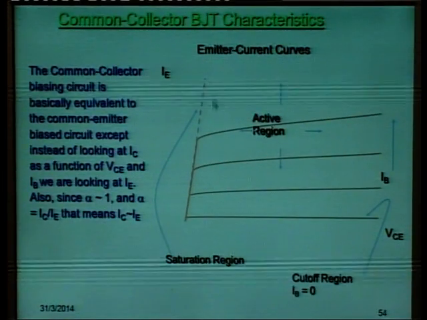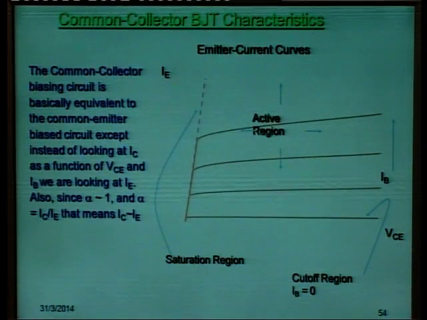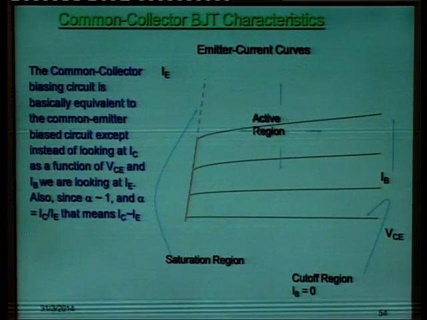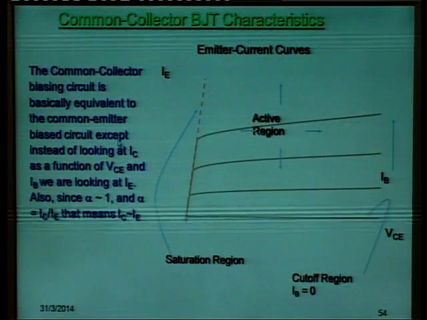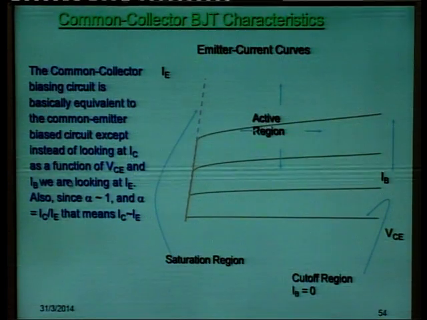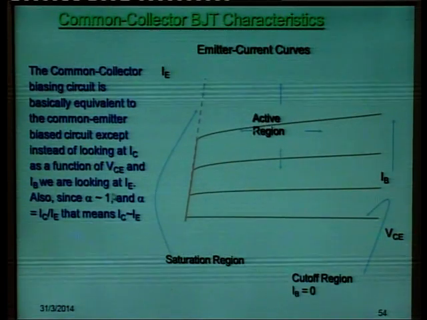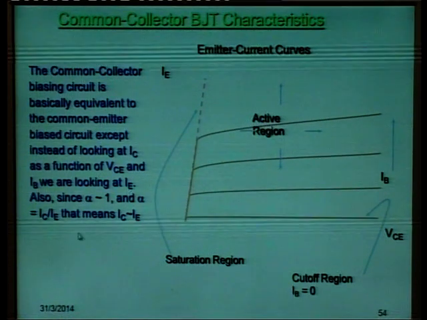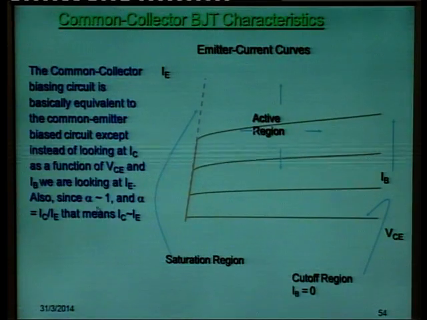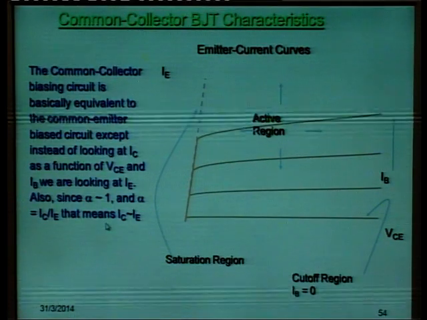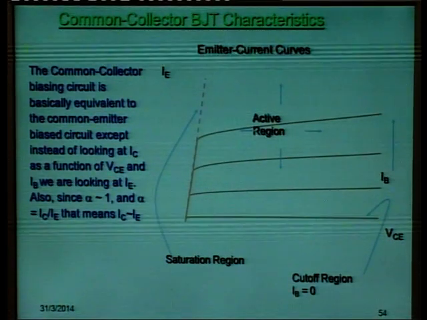This is common collector BJT characteristics. If you keep collector common, it means you earth the collector terminal. Common collector biasing circuit is basically equivalent to common emitter bias circuit, except instead of looking at collector current as a function of collector emitter voltage and base current, we are looking at emitter current. Here the current gain is 1. In the case of common collector, current gain is 1. So, that is why it is sometimes referred to as emitter follower. You can note it down in your notebook. We sometimes call common collector